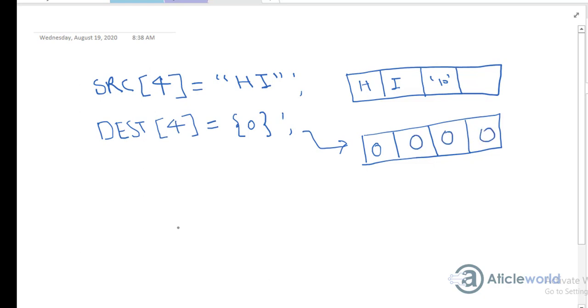Now I am going to use the string copy function to copy the source array data to the destination array.